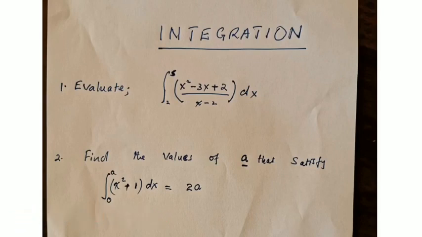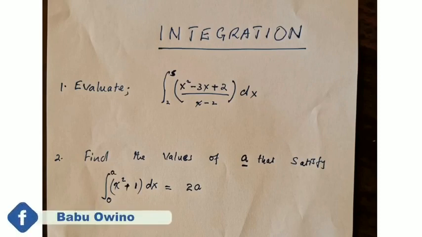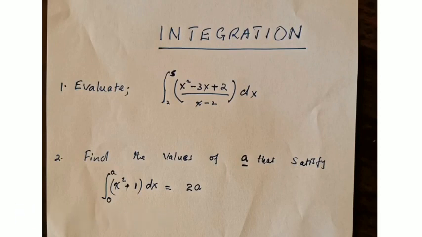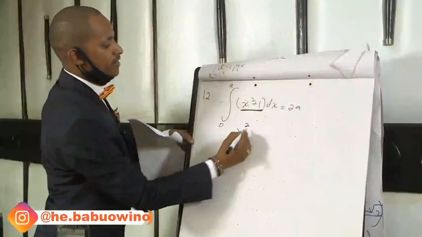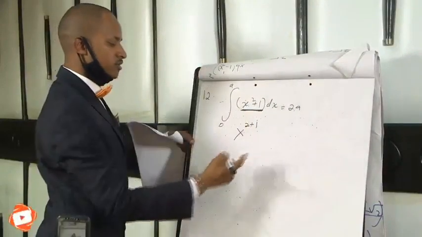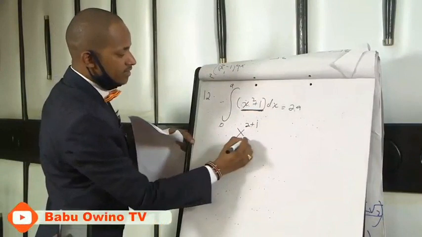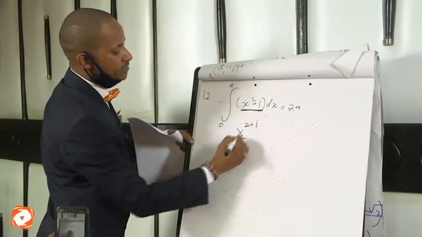I want us to be very careful here. It's just a matter of being keen. We first of all have to integrate this. By integrating, as I told you, you write x, integrate the first part x squared, add 1, then divide by the summation of what you get, which is 3,